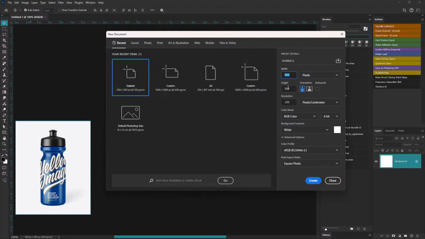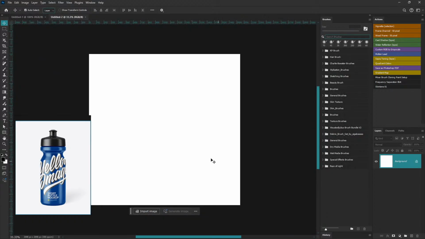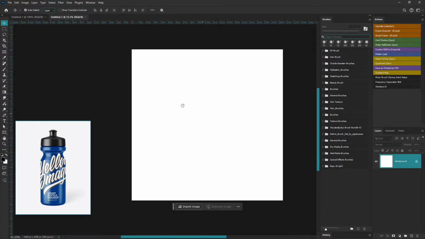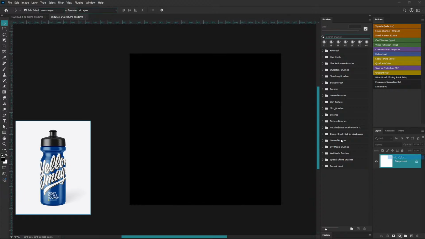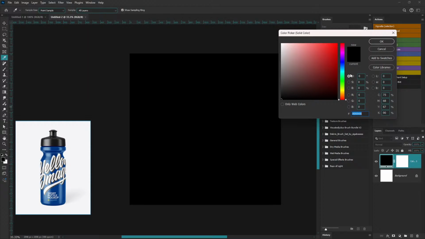So here in Photoshop, I'm just going to add 2048 as the width and 2048 as the height. And for this, I'm just going to set this to 300. Sometimes I go crazy, I go all the way up to 600, but I'm going to stick to 300 here. Hit on create, and that's going to create this for me. Now we don't need any background at all. So first I'm just going to create a solid color background, which is black, so that we can really see